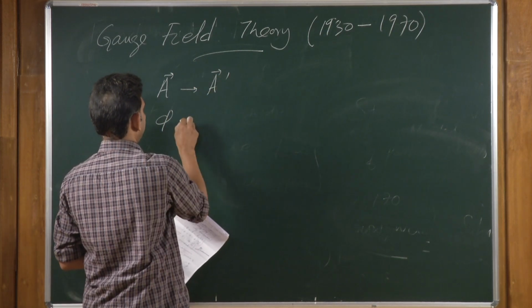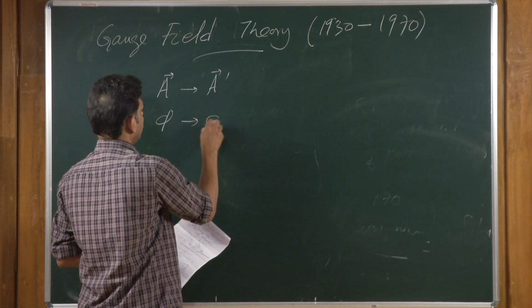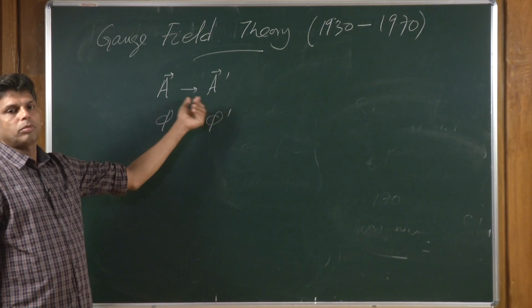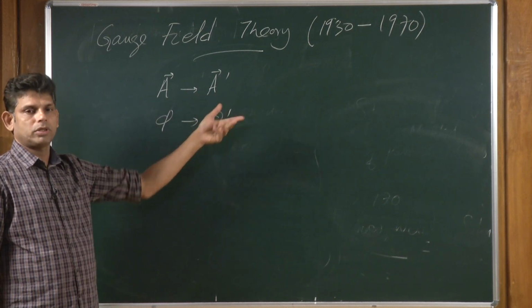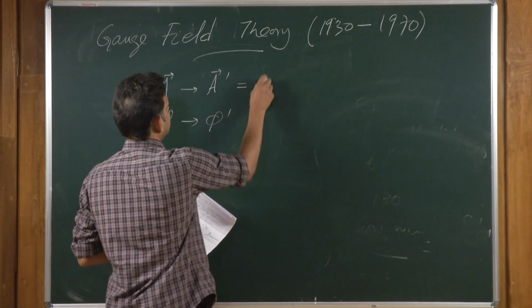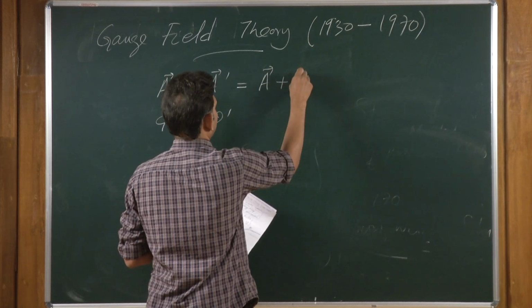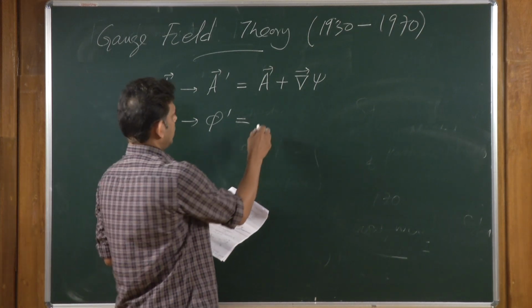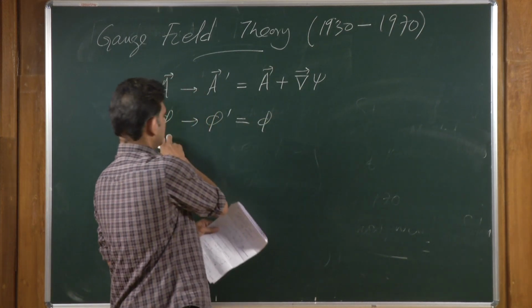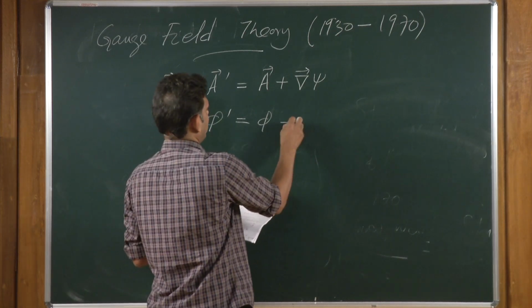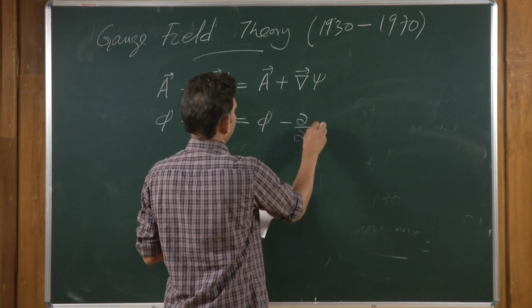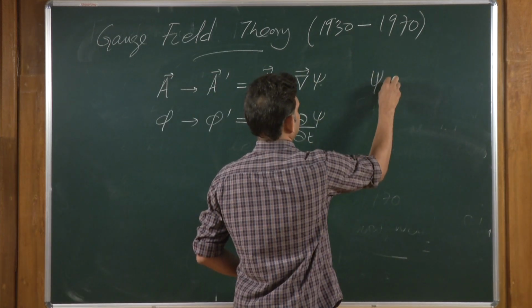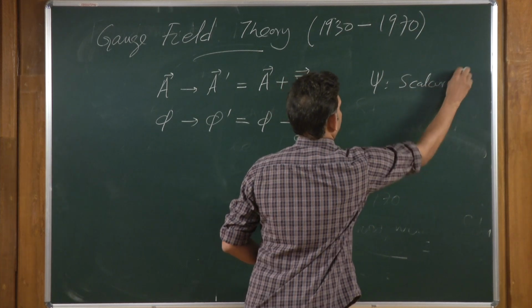They have an arbitrariness in the sense that if we change this A, the magnetic potential, to some other potential by adding the gradient of some scalar function psi, along with changing phi, the scalar potential, to phi minus the time derivative of the same function psi,